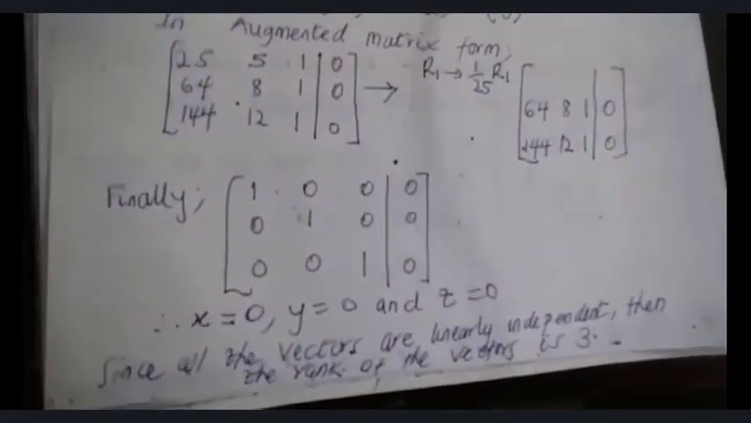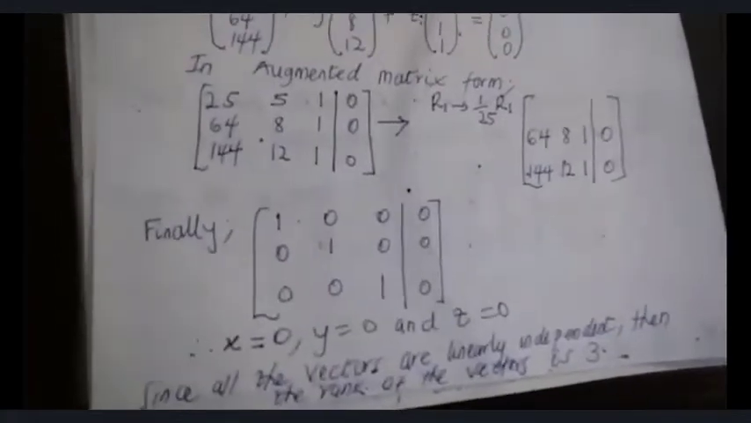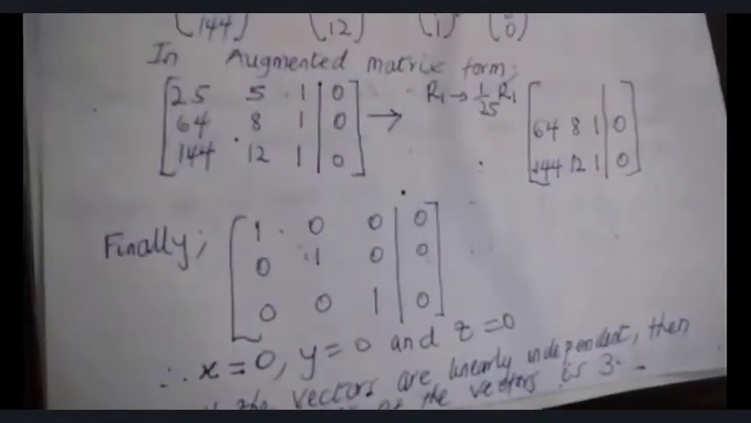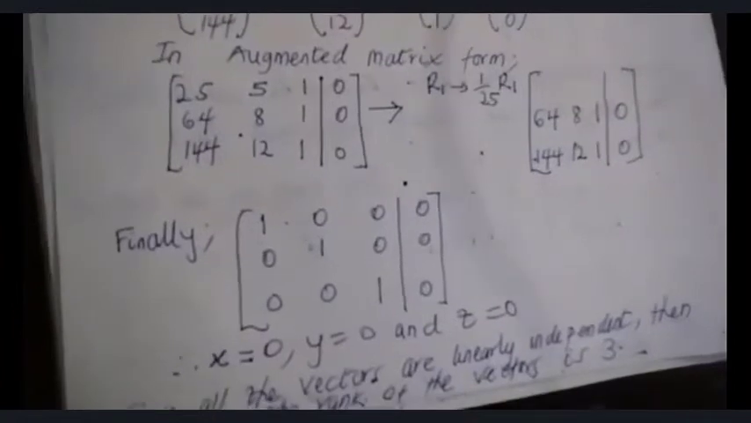After you have been able to identify the unknowns that gave you 0, it means that if 2 of the unknowns are 0, the rank is going to be 2. It's not going to be 3. But because all the unknowns